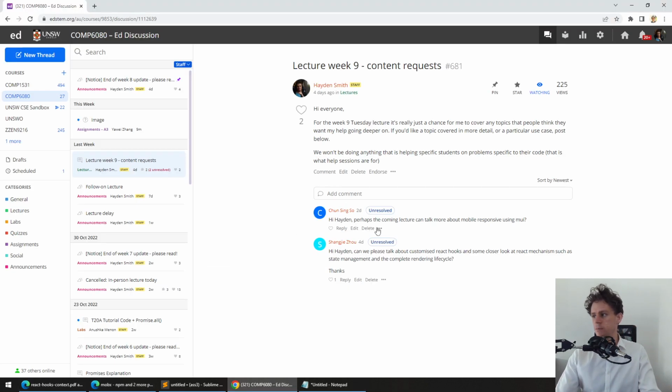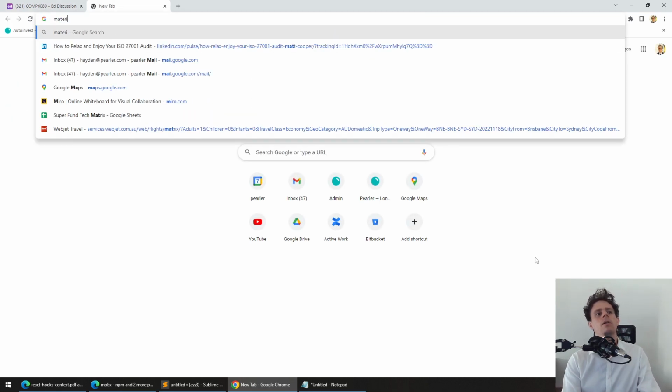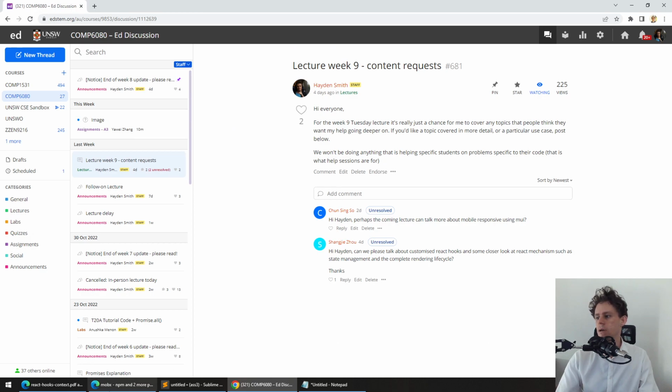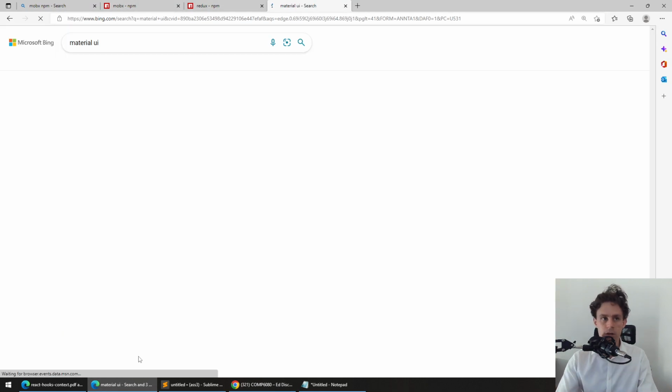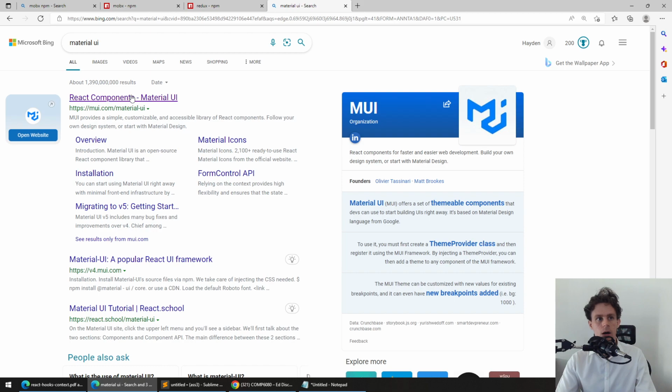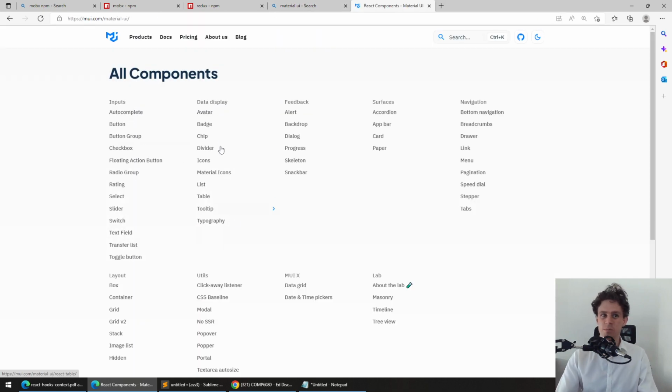To the other question from Chun, can we talk more about mobile responsiveness using the Material UI library? Now, I really like this question because the Material UI library is actually kind of responsive out of the box, and it's one of the reasons why it's great to use. What I mean by that is if we go and find some, say, form inputs, like a text field,